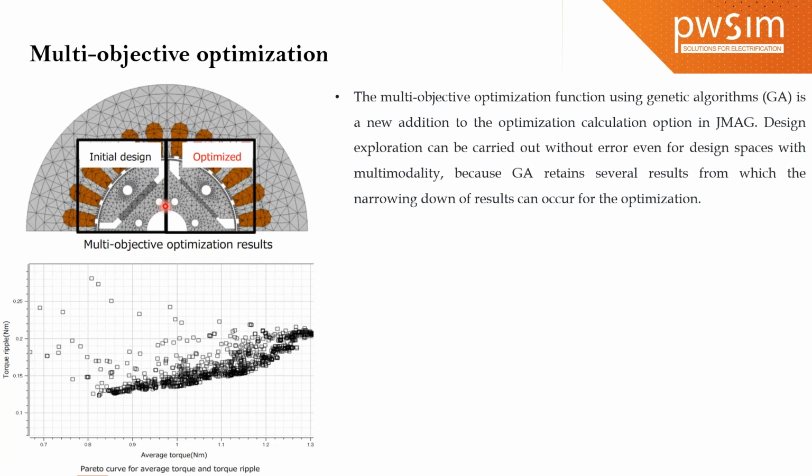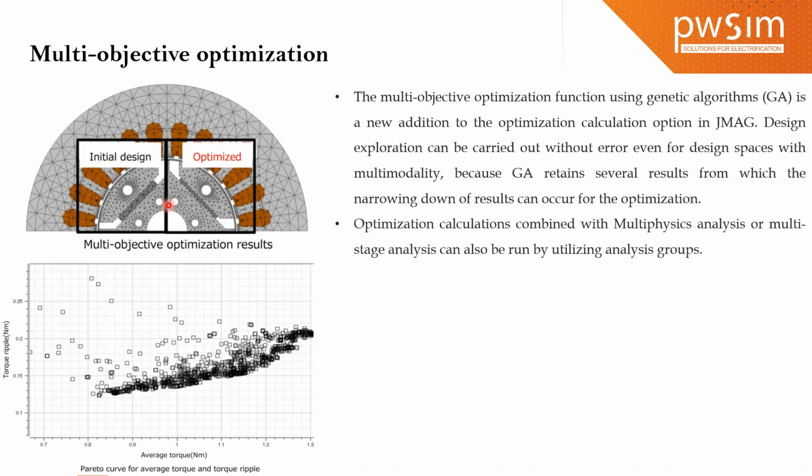The multi-objective optimization function using genetic algorithm is a new addition to the optimization calculation option in JMAG. So design exploration can be carried out without error even for design phases with multimodality, because GA retains several results from which narrowing down of the results can occur for the optimization. This is an example where